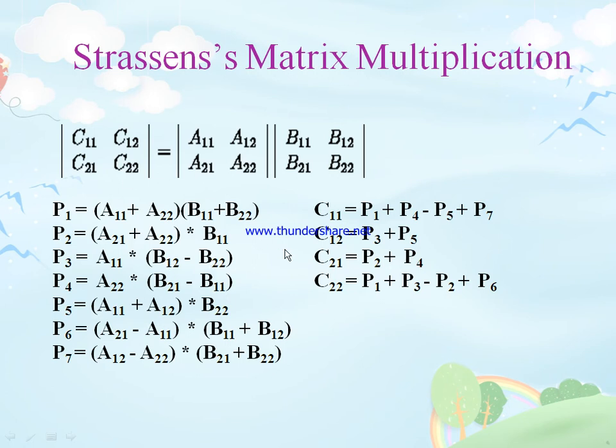When we are comparing this with normal matrix multiplication, you have to remember these are the 7 productions. These are the 4 additions or subtractions for getting the cell value. So here there are 10 additions or subtractions. And coming to the normal method, there are 8 C additions and multiplications, and 7 multiplications here.